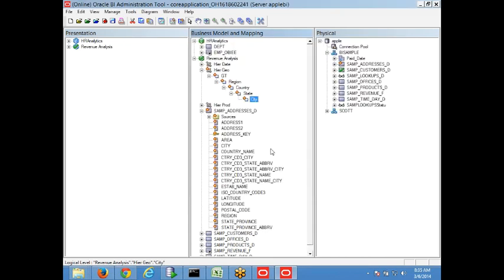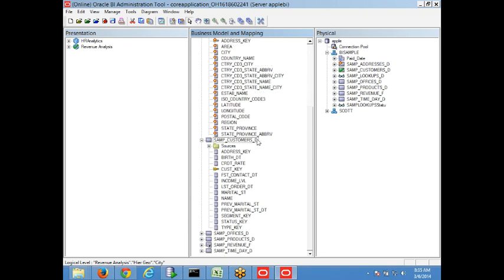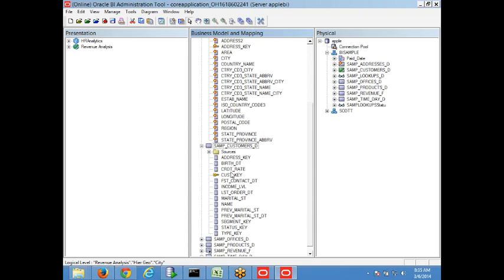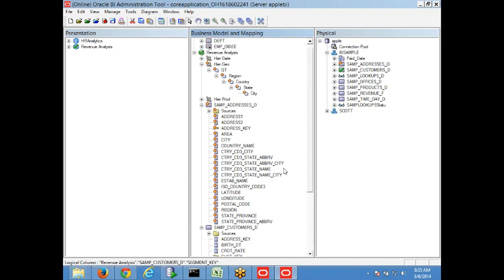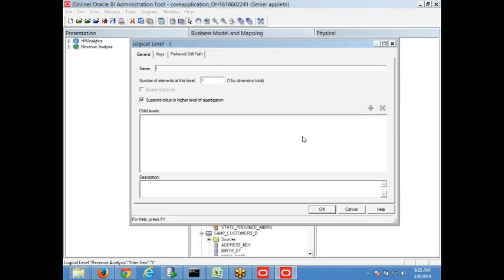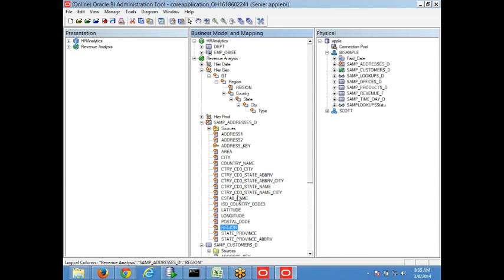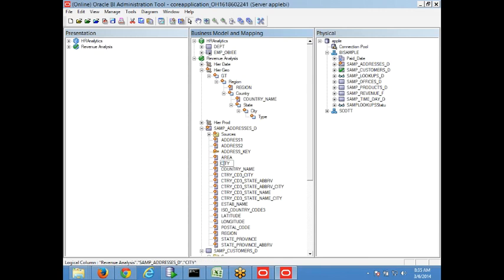So I'll go to this level, and then I want one more from here. In this city I have some customers, so I want to take one more level from here, let's say customer type or something. I'll explain later. I'm just showing the scenario. So I'll select region to here, and country here, city here,